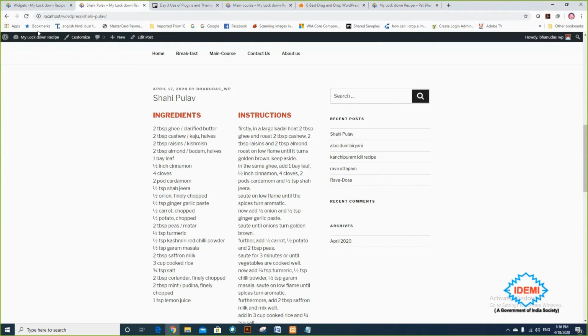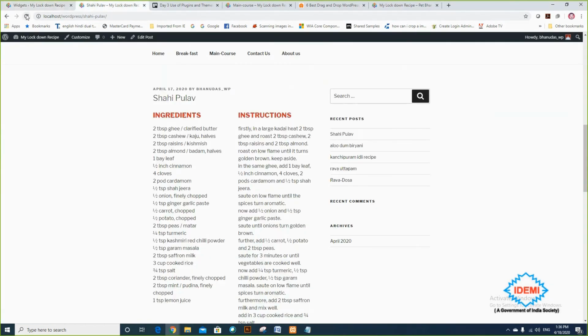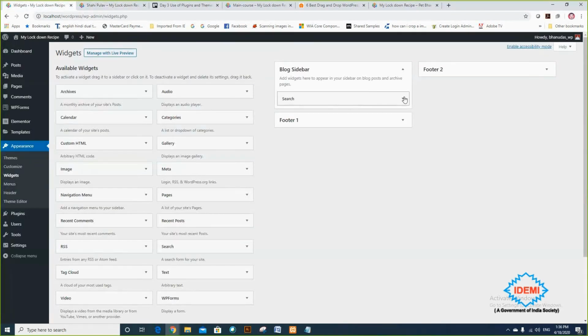Now it's removed. So I keep on removing archive, and recent comments, and I want to put only the search bar. So it's only showing a search bar here. I want to remove everything from the block sidebar.